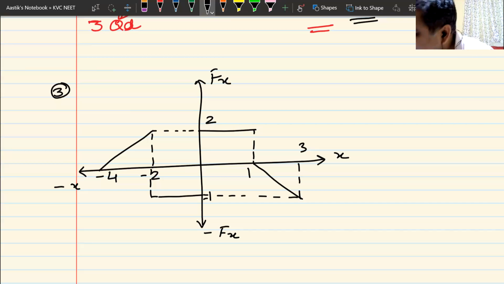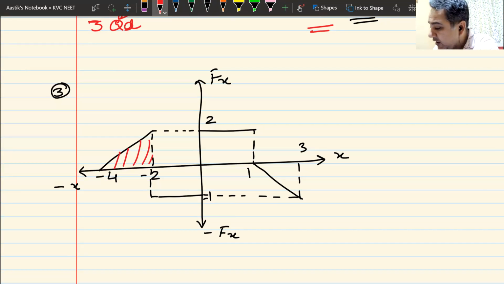I hope you have got your answers. Let us begin. Let us try to calculate this area. Half base into height. Let me not make a mistake. So base is 2. Height is also 2. 2 into 2, 4. 4 divided by 2. So answer is 2. Now I have to understand whether it is positive or negative. Anyone, positive or negative? Give me the answer. I will not tell you. Positive or negative? Negative, sir. Why? It lies in the second quadrant.